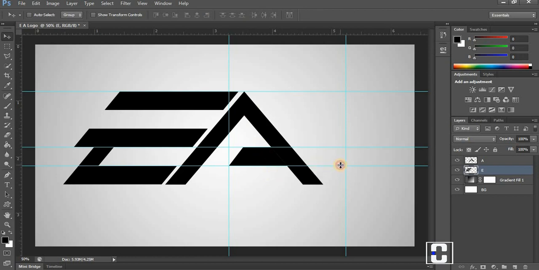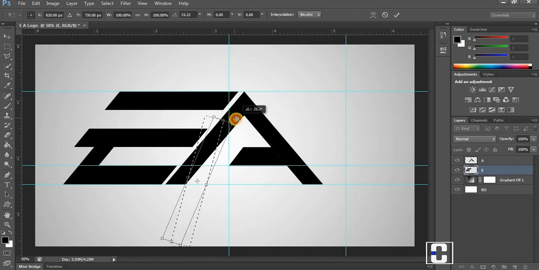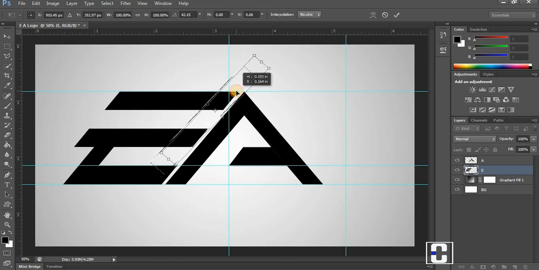I'm going to hold down Control and then drag this down. Alright, this one, I think I'll just bring it down somewhere like here. So I'll get my marquee tool, click on the screen and Transform Selection. I think I should put it here. Let me rotate this a little bit. So after doing something like this, I think I should click on